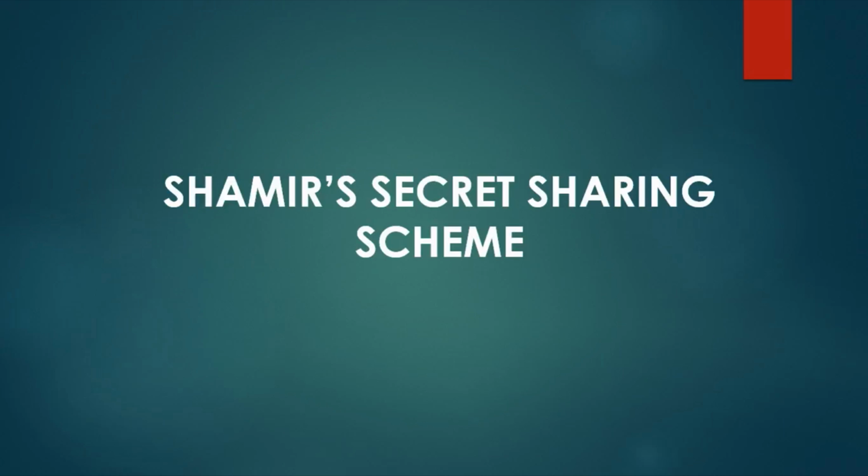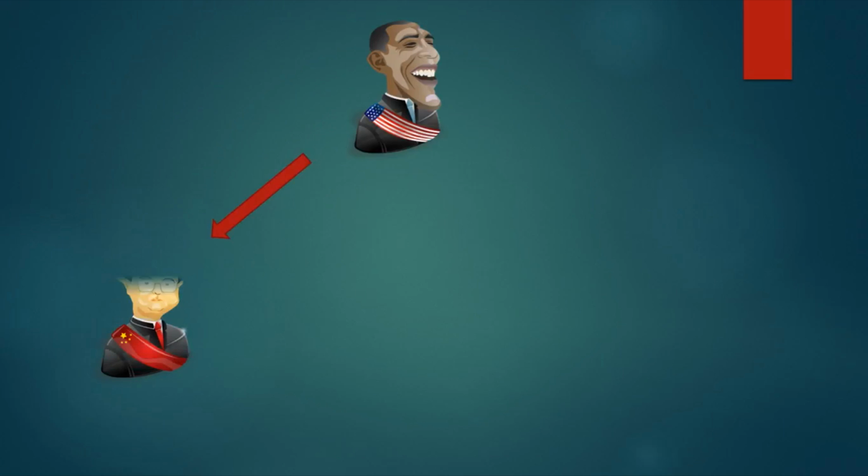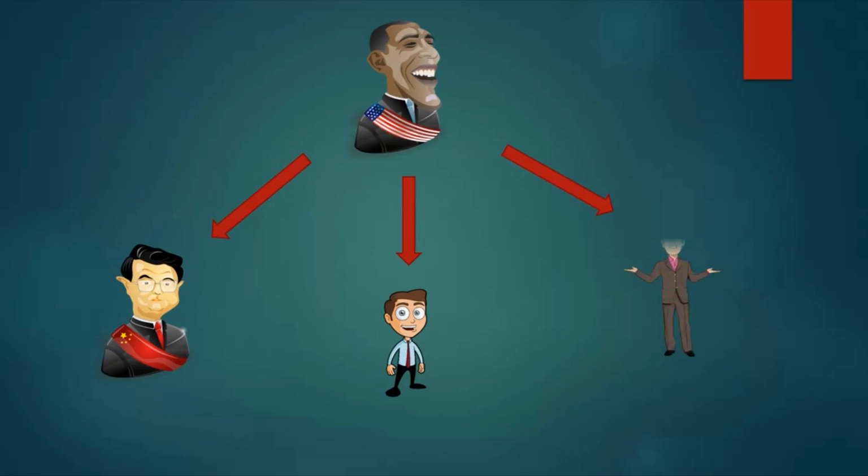First of all, we have to understand why Shamir's secret sharing scheme is required. For that, consider there is one president who has three generals. They are in charge of nuclear missiles. Each general has a secret code. By using all three generals' secret codes, the military can generate a special code, which is required to launch an attack.